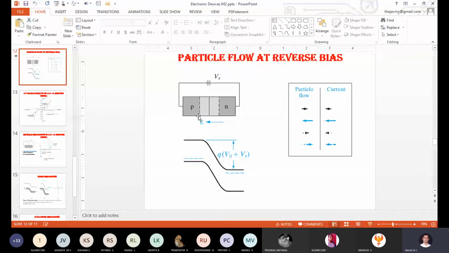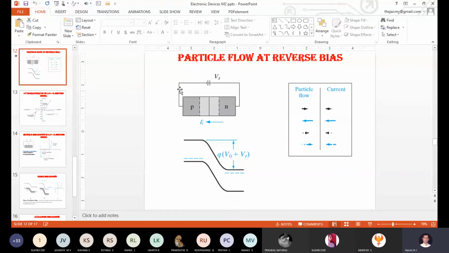I would like to give some more clarity. In the P type, the minority is the electron, and in the N type, the minority is the hole. So when you are biasing the PN junction diode into reverse mode, how much minimum voltage do I have to give? Less than minus 0.7. Less than minus 0.7 voltage I have to provide to turn off the PN junction diode and make it into a reverse bias condition.